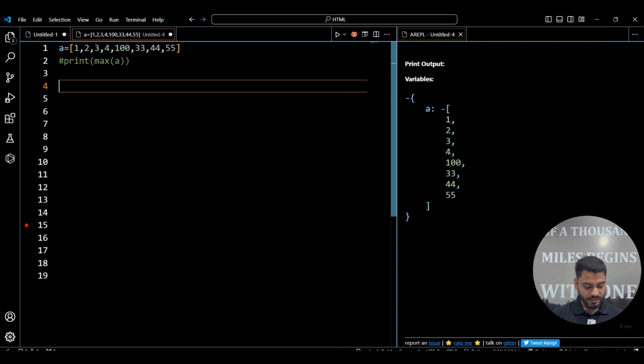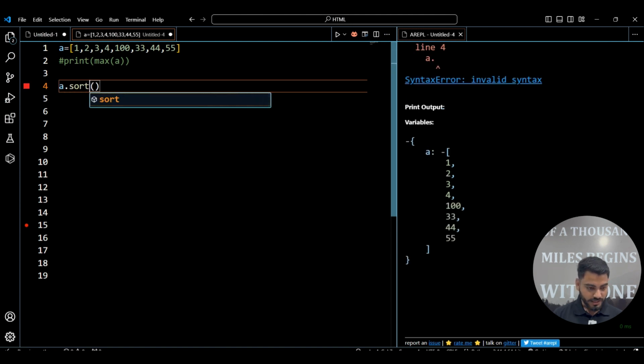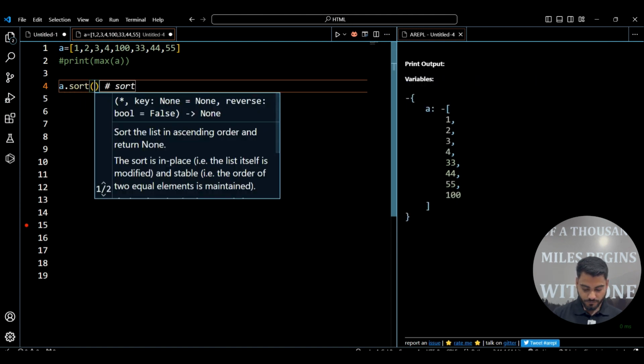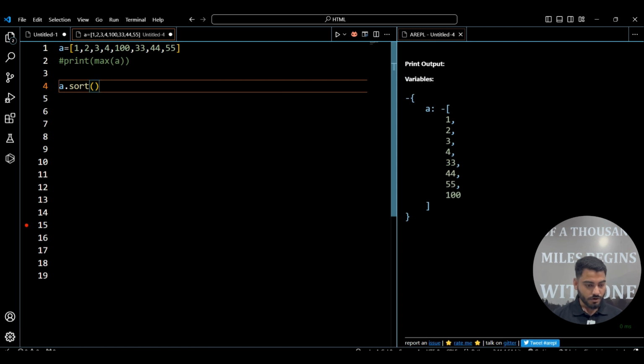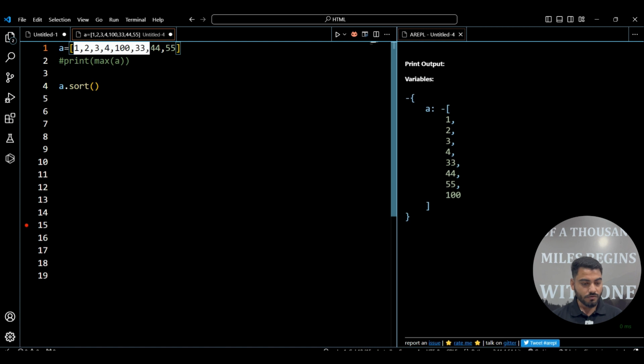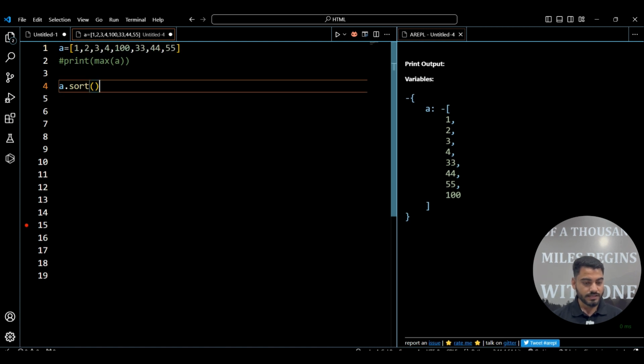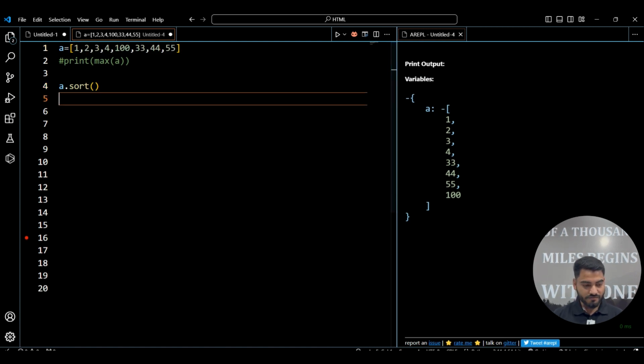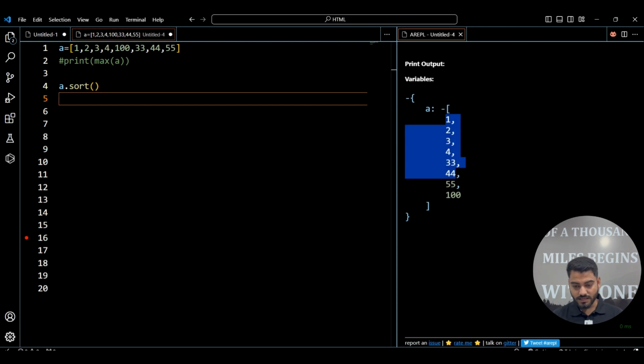What will you do? You will think and write a dot sort, which is a sort function that sorts the whole list in ascending order. After sorting, you can see the list is coming in ascending order.